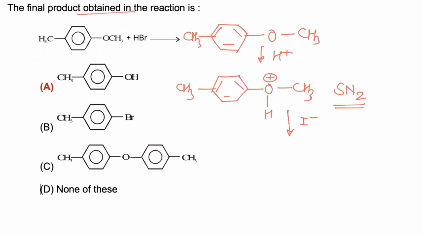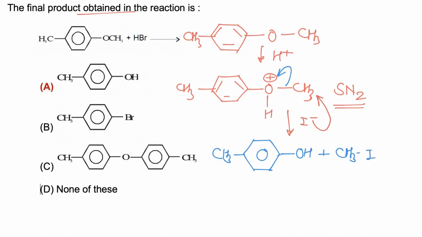Now I negative nucleophile will attack the side which is less crowded, so I negative will attack the CH3 group. Simultaneously the carbon-oxygen bond is broken and PhOH, phenol, and CH3I are formed as products. So option A is correct, options B and C are not correct, and hence the correct answer is